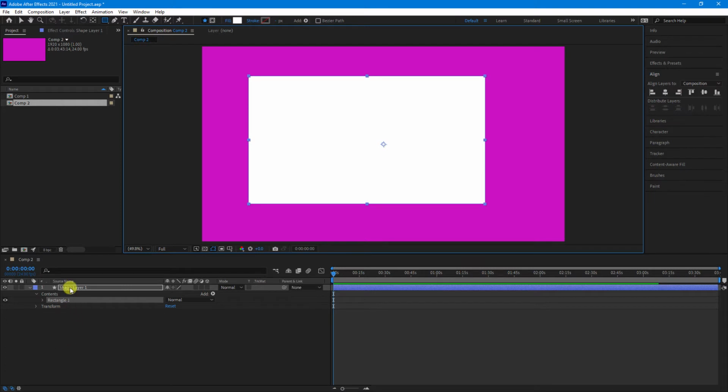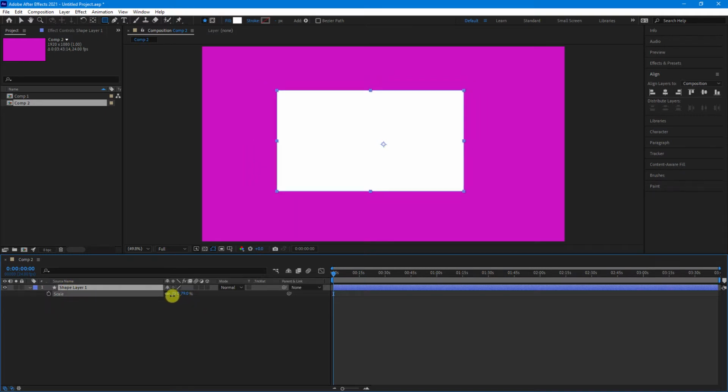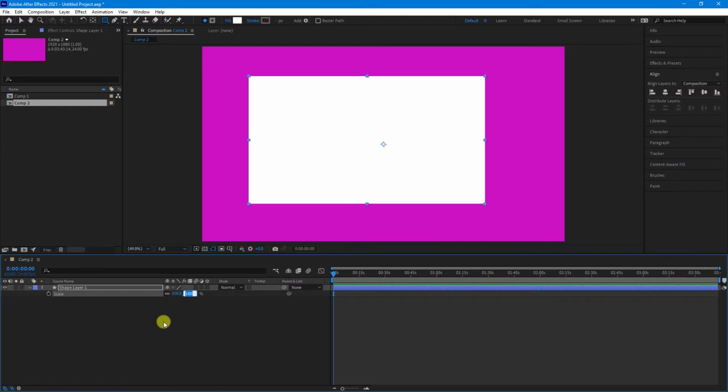And then if I come over to the shape in the timeline and select it, and then press S for scale, you'll see by default we will be adjusting the size based on the percentage of the shape size. Now if we want to actually adjust the size of this shape using pixels, there's two ways that you can